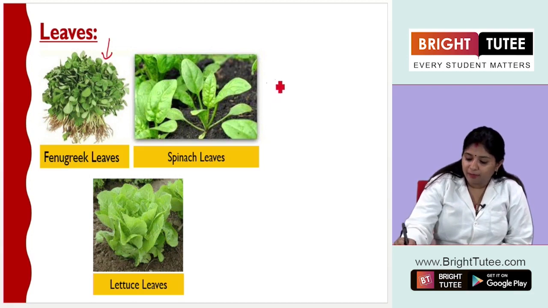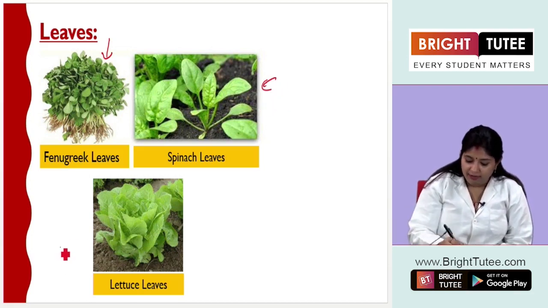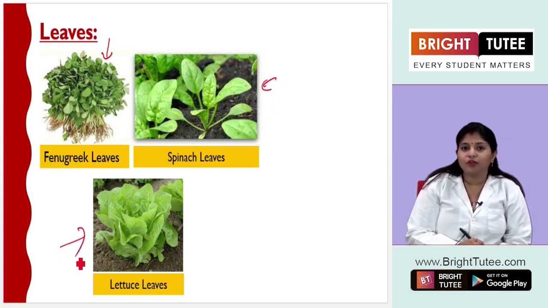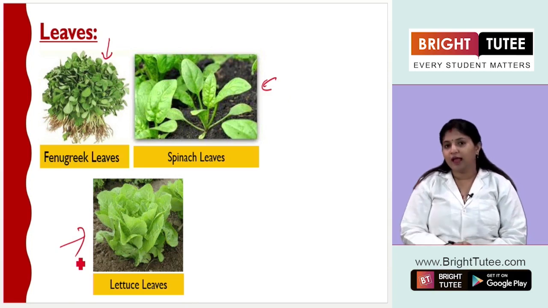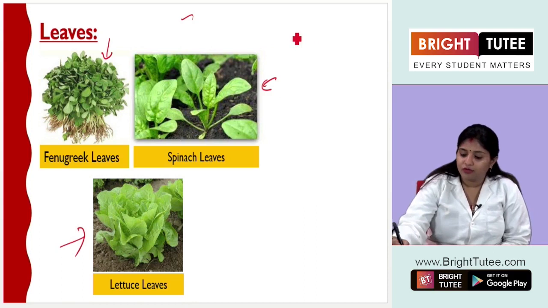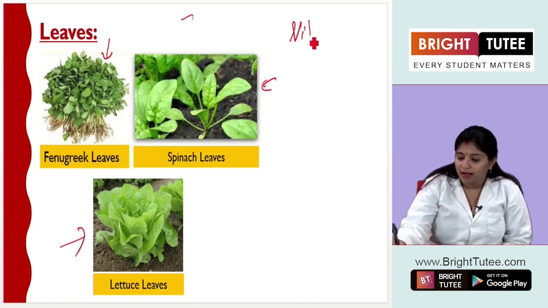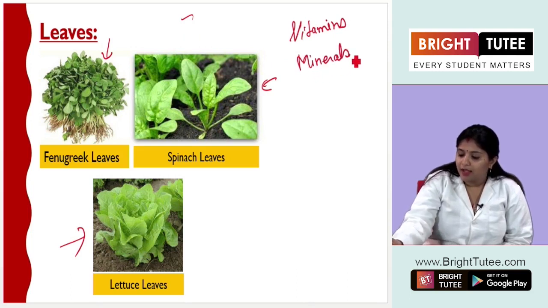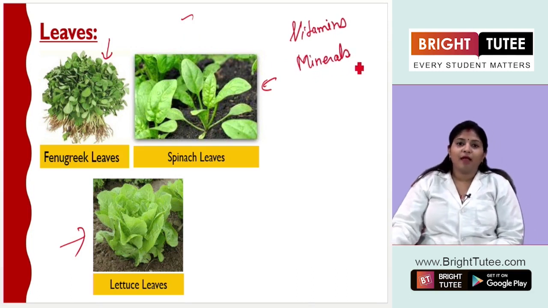And then we have spinach leaves, that is palak, and we have lettuce leaves. These are mostly used as salads. They are eaten raw, right? So all these leaves are a rich source of vitamins and minerals, right? So we eat a lot of leaves because they are really healthy for us, and they prevent us from having any